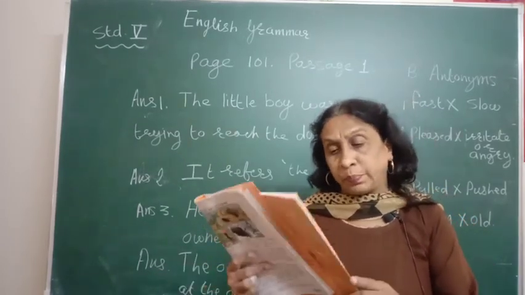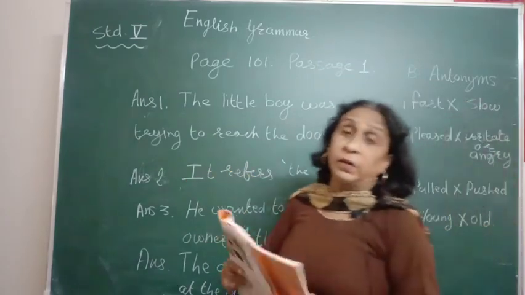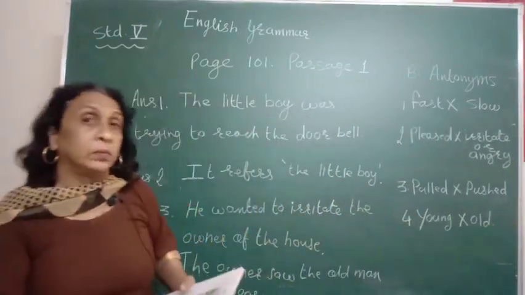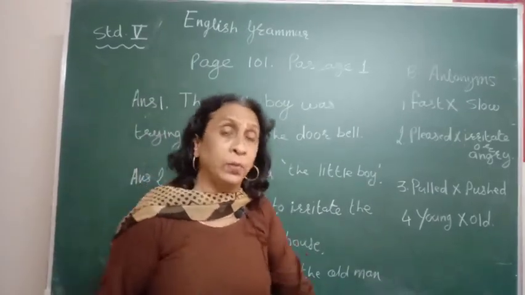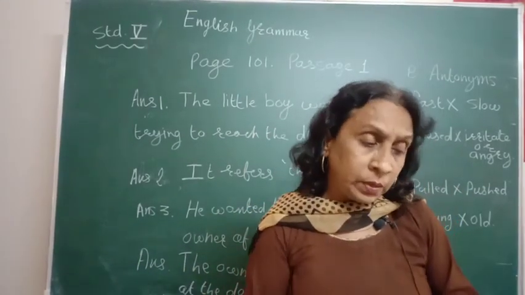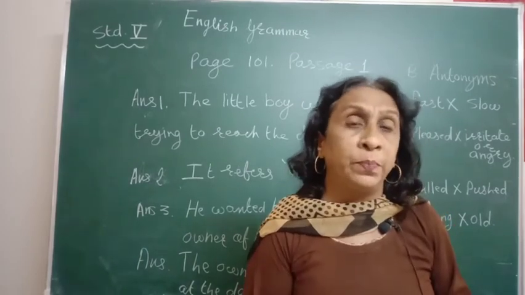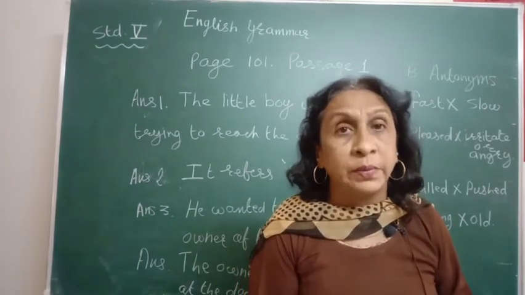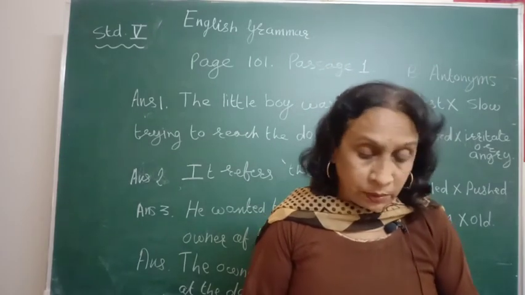Now see here, the story. Once there was a shepherd boy. When you are writing on your own, you can say once there was a shepherd boy named, and give a name. That will make your story more interesting. Now this is the story, and we will read the same, but in the exam when you get points, it is better you give names to the characters. Once there was a shepherd boy.